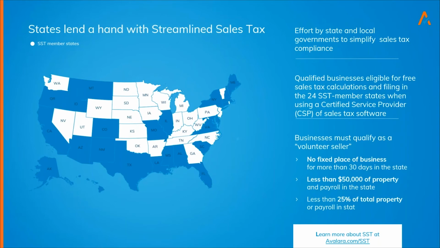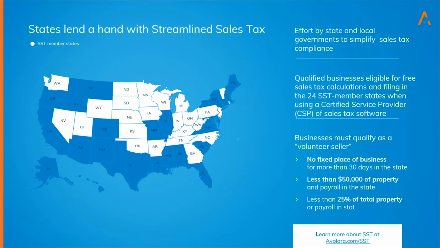All right, so wouldn't it be nice if we just didn't have to worry about the cost of calculating taxes and filing returns? And sales tax, if it's done correctly, is a pass-through tax. So you are charging the tax to your customer, and you are not paying that tax. However, if you don't charge the correct tax to your customer under audit, you can be liable for not only a penalty and interest, but for that tax amount that you could have passed on to your customer. So it's important to get it right.